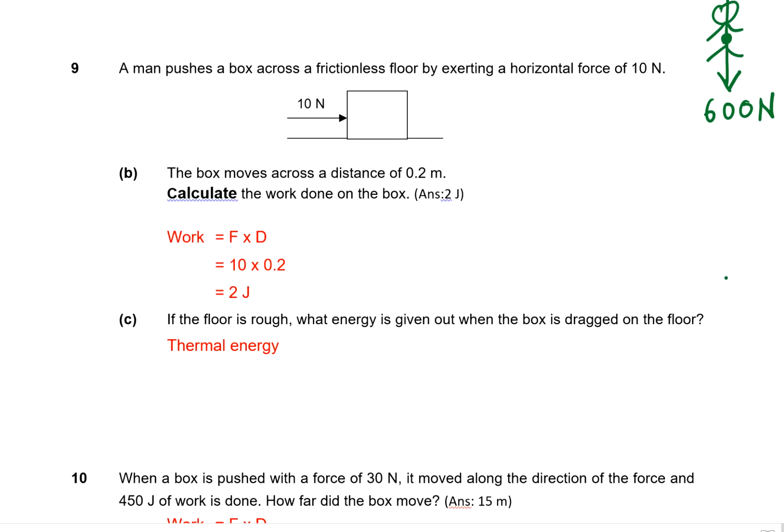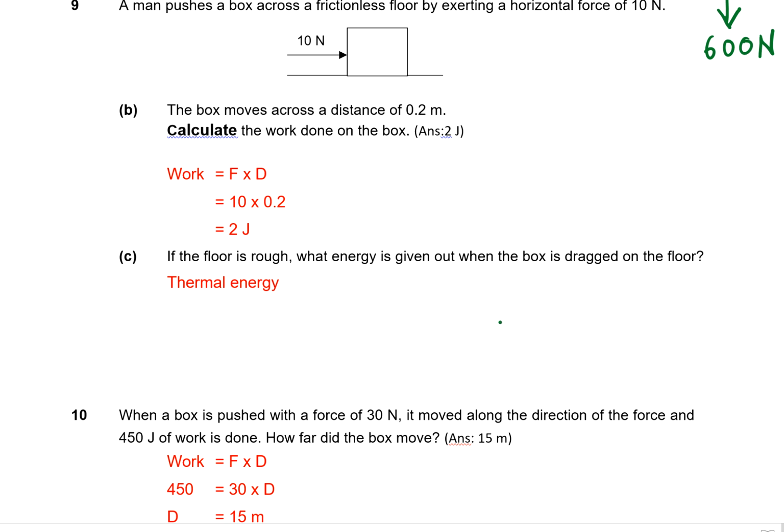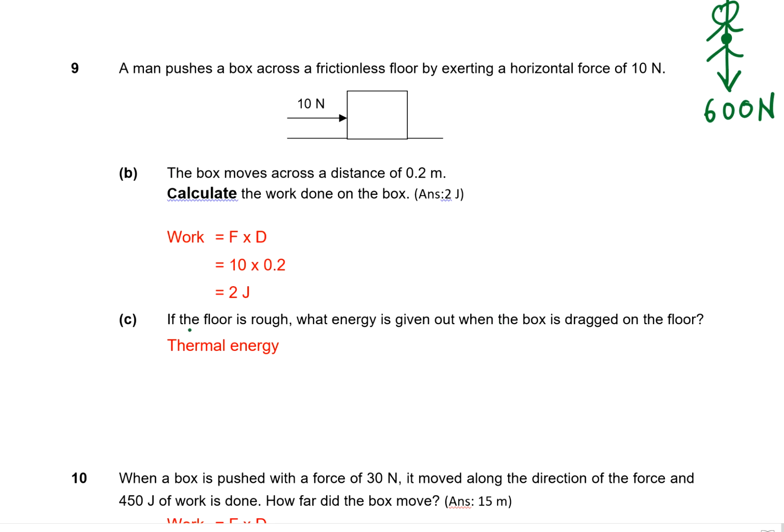I move on to question 9. Now, in question 9, the work done on the box, since I pushed with 10 newtons, it moved 0.2 meters, so it's a straightforward calculation. The answer is 2 joules. And then they ask if the floor is rough. Now, when the floor is rough,